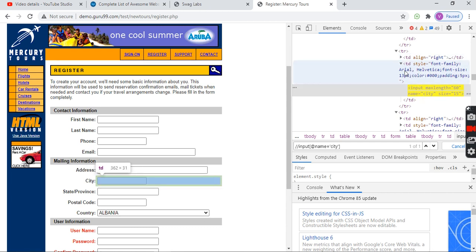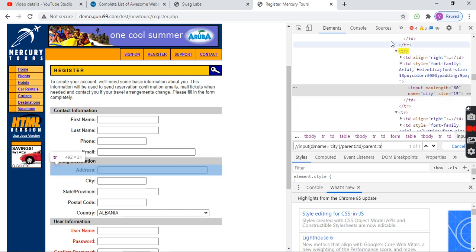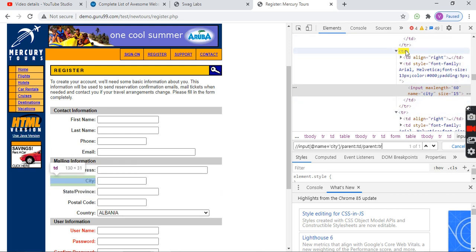Okay, what is there here? Parents. Parent of TD, parent of TR. Where we came to here. Okay, and what is this actually? These are all siblings.